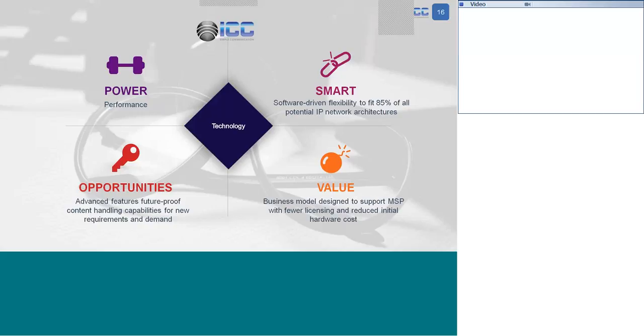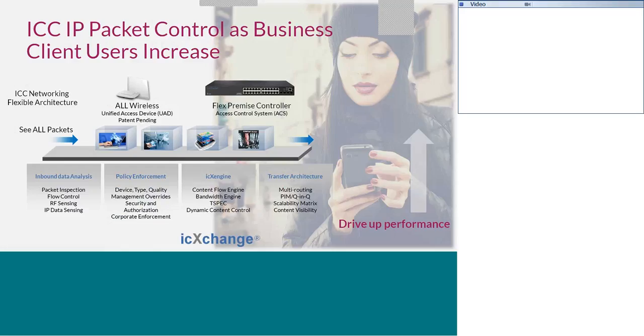The opportunity side of things, having advanced features so that the technology can be future-proof to deal with content flows as opposed to simply upgrading a piece of hardware. And then obviously from a business model on the MSP service side of things, having fewer licensing and reducing the initial hardware cost is a significant part of that value. So when we look at